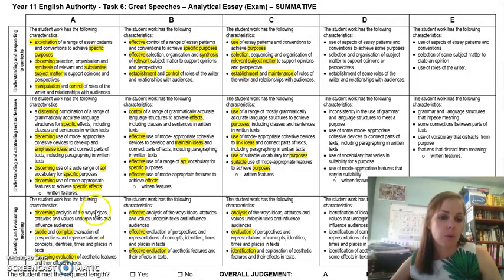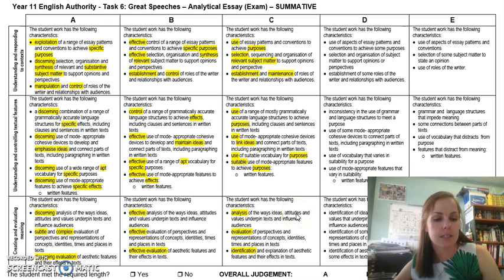Our creating and evaluating meaning criteria down the bottom really comes down to your analysis and links to thesis. So for the first dot point, a discerning analysis of the ways ideas, attitudes and values underpin text and influence audiences. So this is your context of your speech, your analysis of good quotes and thinking, does your quote prove your thesis? Your quotes need to value add, and your quote analysis needs to identify the devices that you've used. Okay, so to get an A, it's a discerning analysis, B is an effective analysis, and C is just an analysis of those ways that ideas and